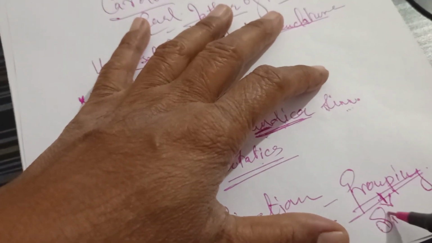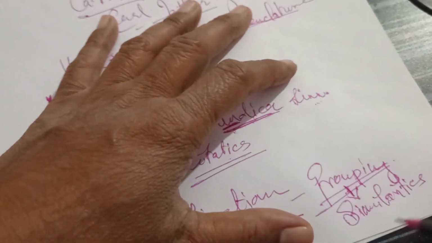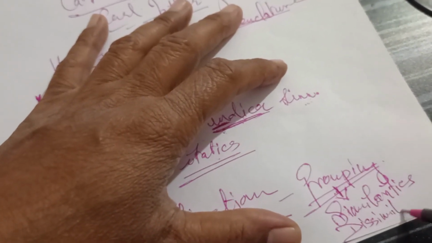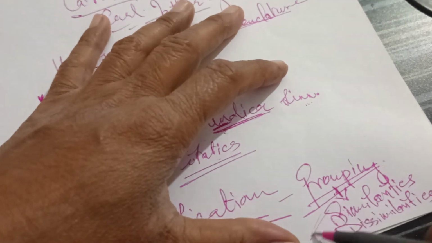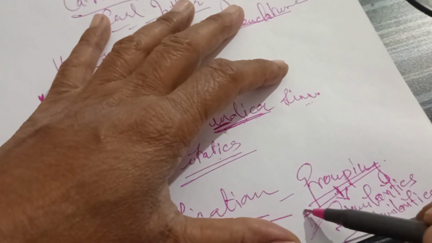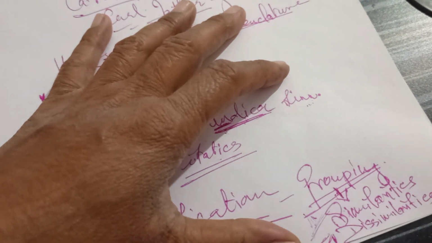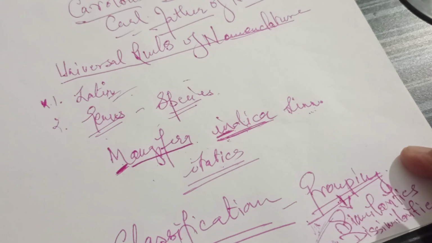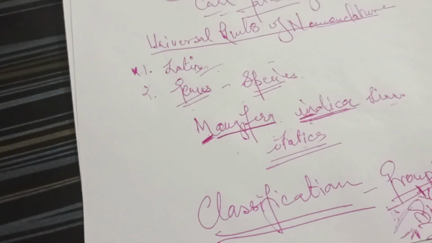You can say some similarities and some dissimilarities. Those having similarities are put in a common group, and those that are dissimilar are put in different groups. So there comes a need of grouping or classification to study them, and this grouping is done on the